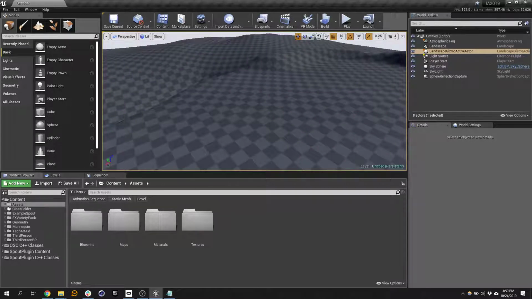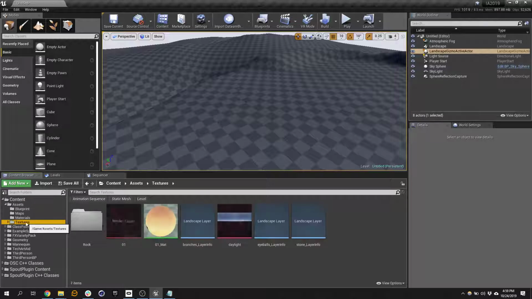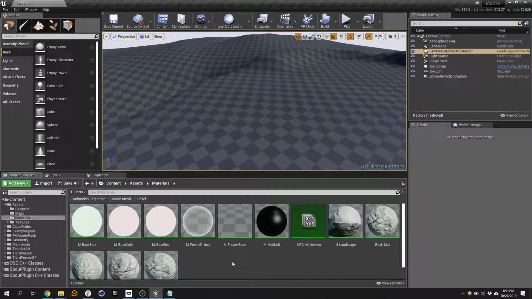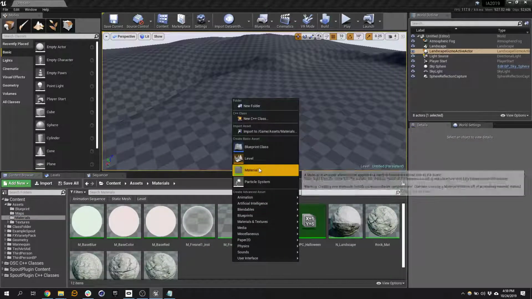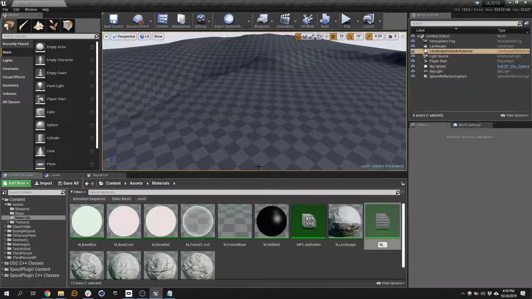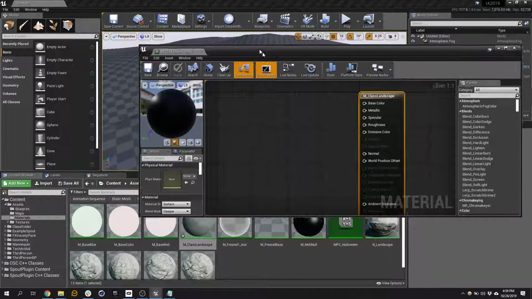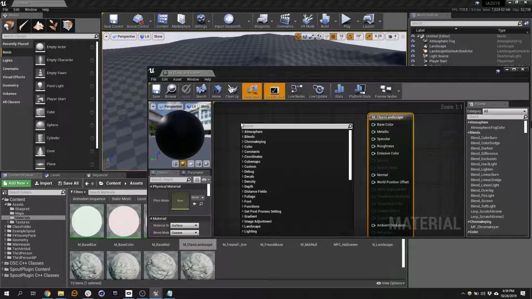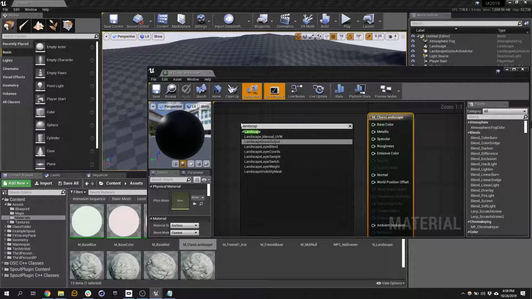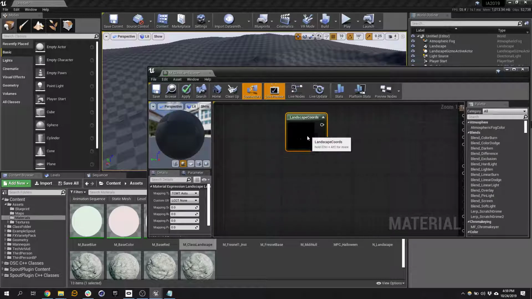All right, and so now let's make a material for this. This is going to be a custom kind of material for landscapes only. We're going to make a material called M_Landscape. Open it up. And instead of normal UVing, we're going to deal with landscape UVs. It's a different kind of thing. There's a lot of repetitive patterns, and it wants to know about level of detail with all these repetitive patterns. So let's just use landscape UVs, landscape layer coordinates, and then